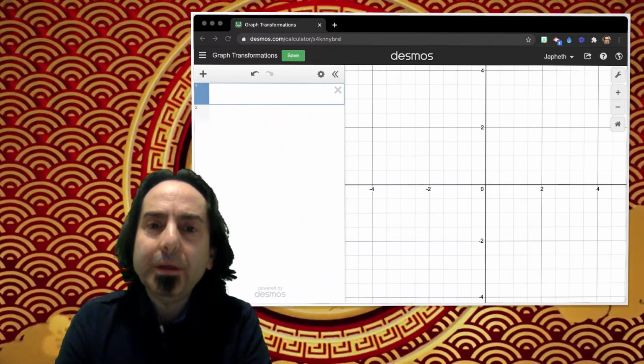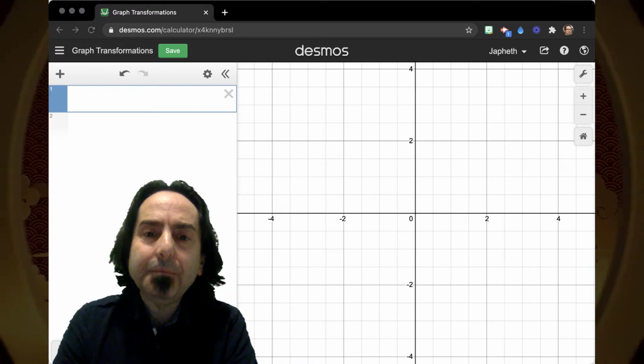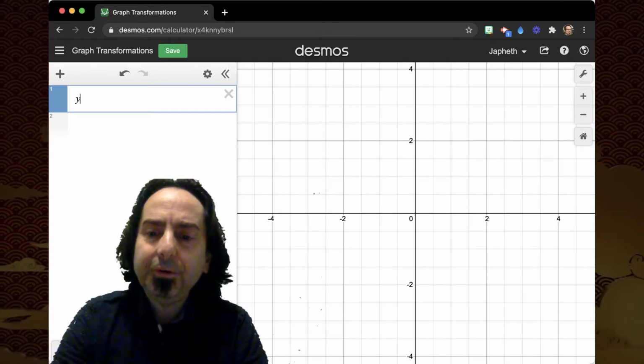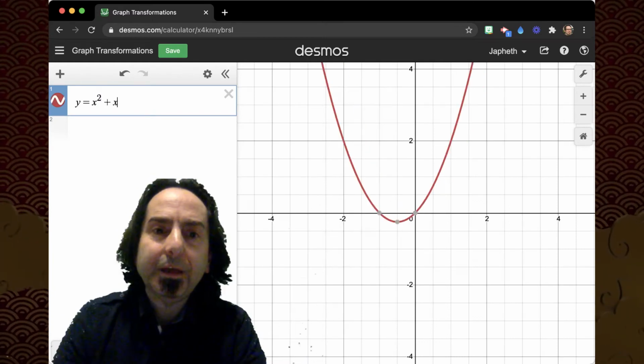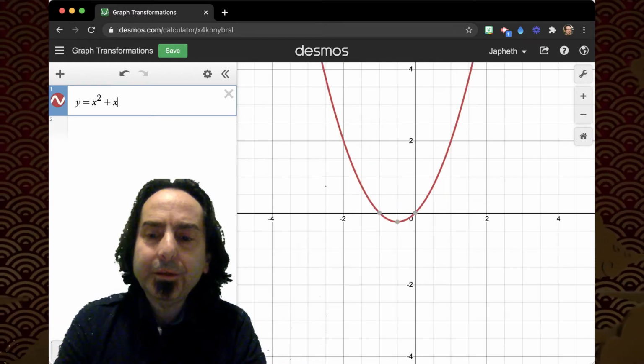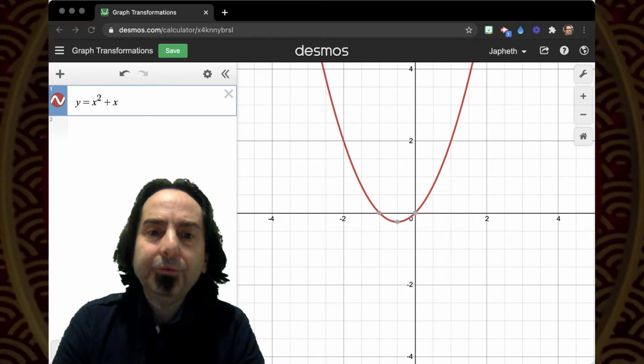Let me move out of the way here. And I'm going to type in a function. Let's start with y equals x squared plus x. And there it is. And what I'm going to do is first show you